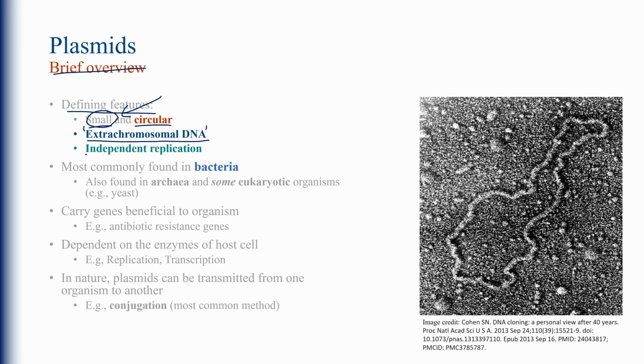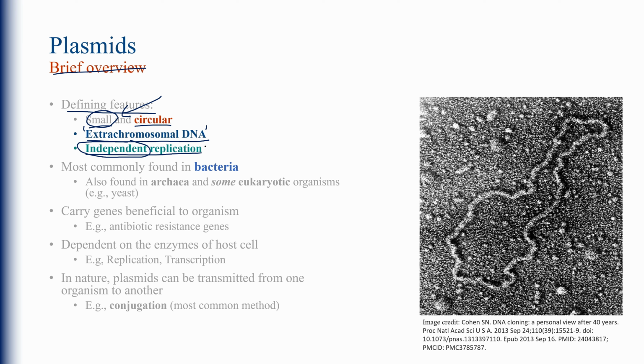Also, we say that plasmids engage in independent replication. By that, we mean that the plasmid replicates independently of the host chromosome. Now, if you delve deeper into that and ask what we mean by independence here, you'll find the term is not very clear. In molecular biology, we sometimes talk about spatial or temporal independence. Spatial independence refers to two different things occurring in, say, different organelles, or temporal independence, whereby things occur at different